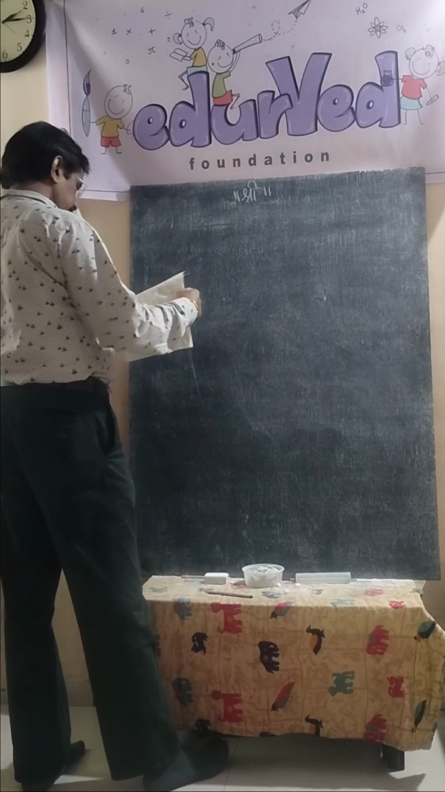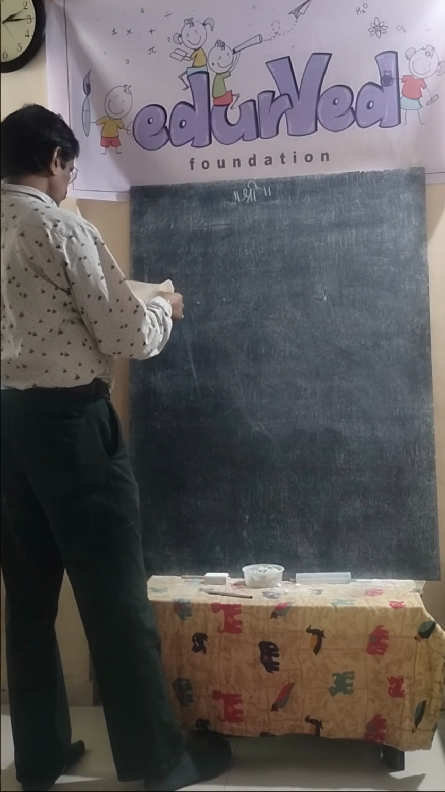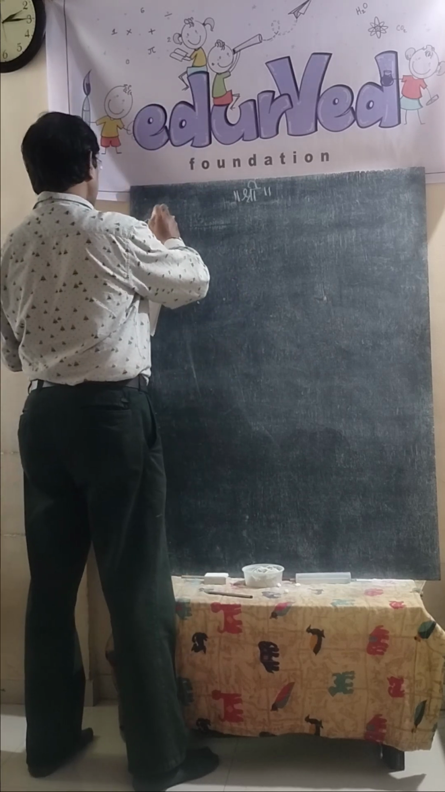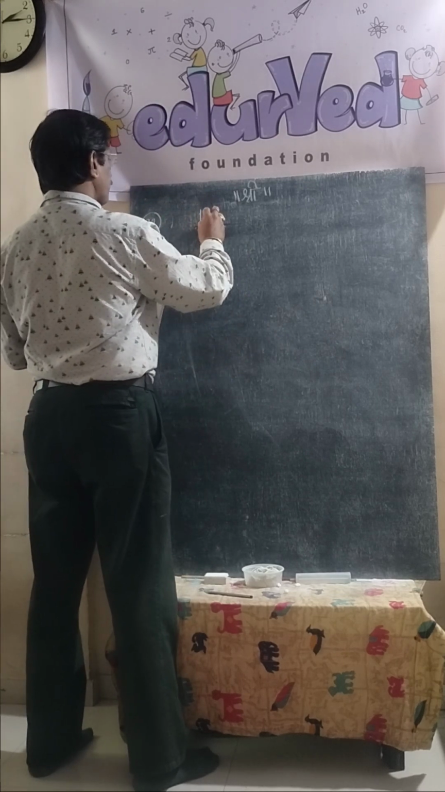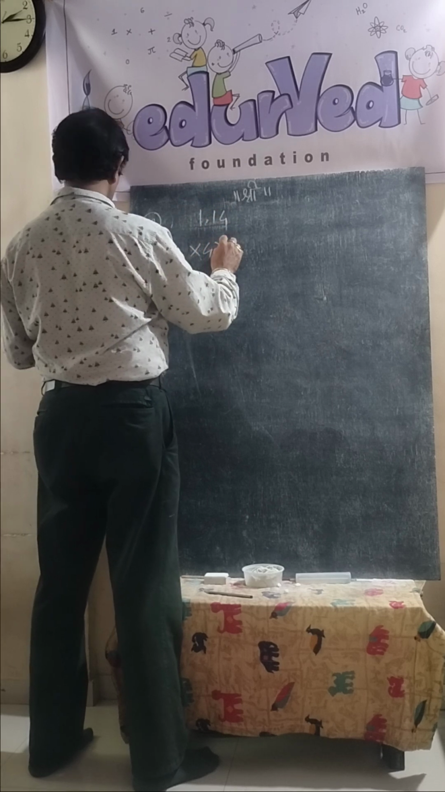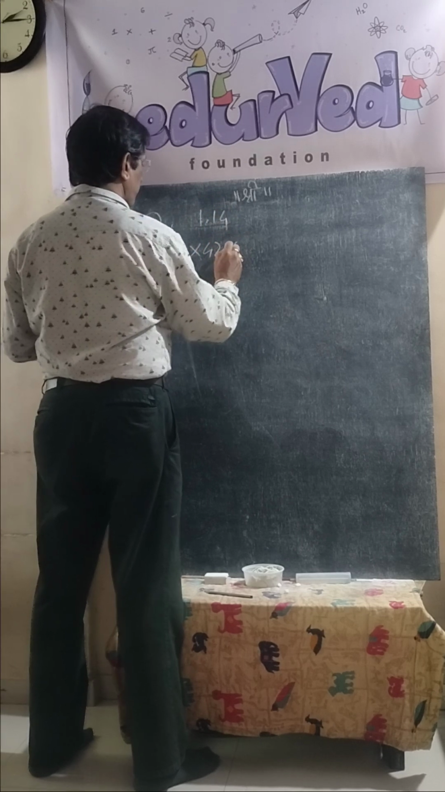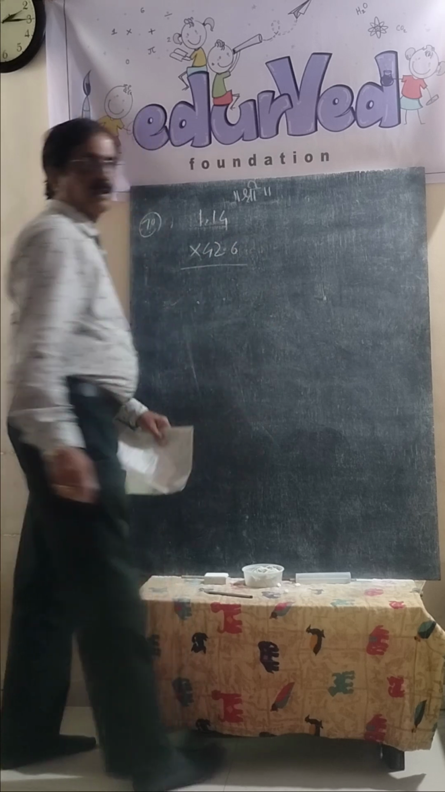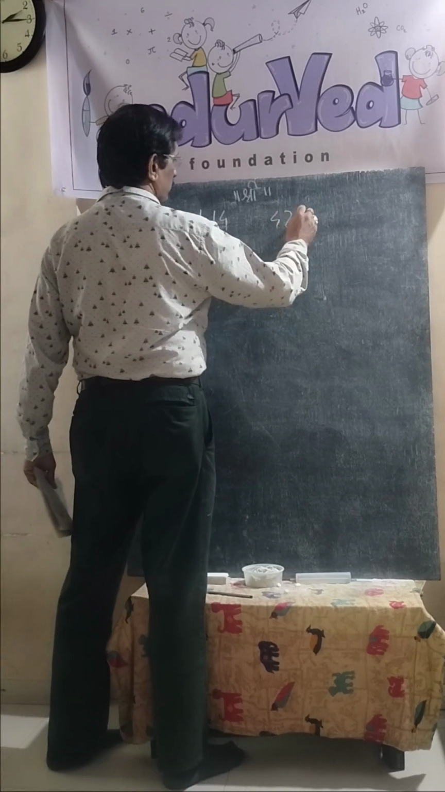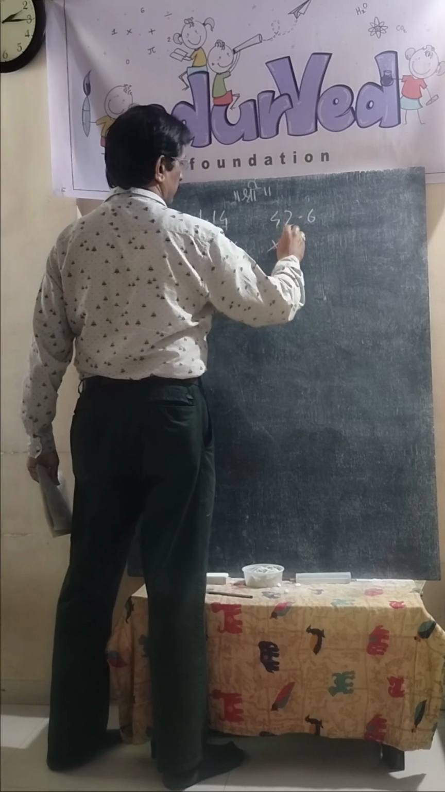Let's see. The 70th sum was 1.14 into 42.16. Now by simply looking at the sum, you can see that if you do this way,